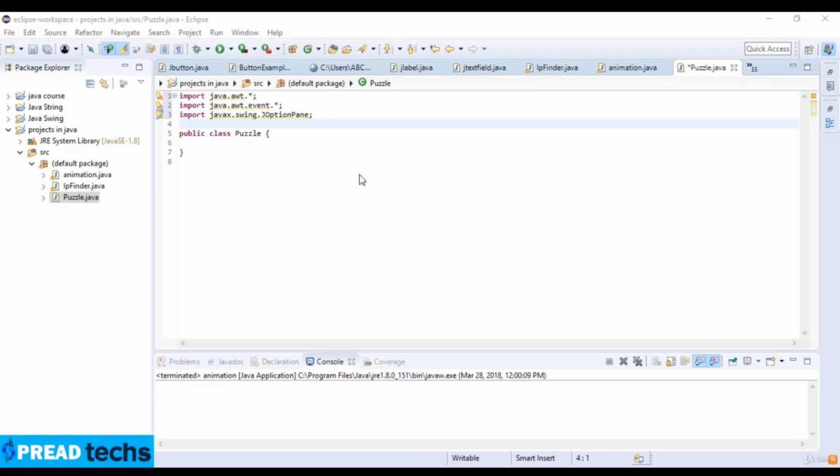Welcome to this lecture. In this lecture, we are going to learn about the puzzle game in Java. As you can see, I just import java.awt and java.event, javax.swing.JOptionPane libraries. Here with this class, I just extend Frame and ActionListener. I use Frame here because I'm creating the frame, and then the ActionListener,